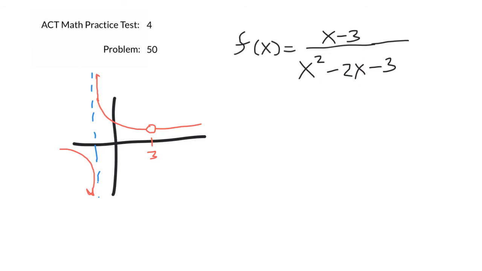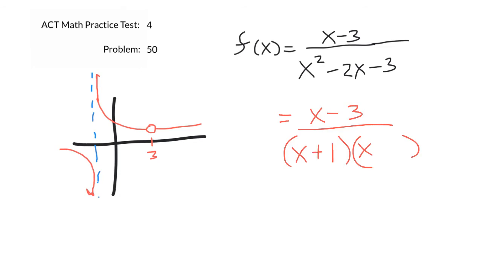Well, what does that mean? That means which x values would cause there to be a denominator of 0. So when you investigate that, let's factor the bottom and see what happens. We're going to have x, x, x, looks like it would be x plus 1 and x minus 3. So we can see that if x was negative 1 or a positive 3,